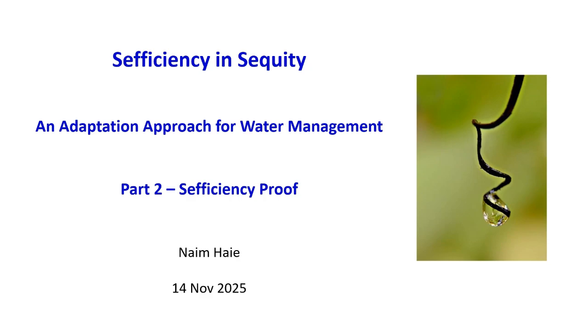Sufficiency in security is a comprehensive water management approach. It focuses on adaptation, not mitigation. The presentation is in two parts. The first part explains the concepts and terminologies needed to be able to properly develop sufficiency, which is done in